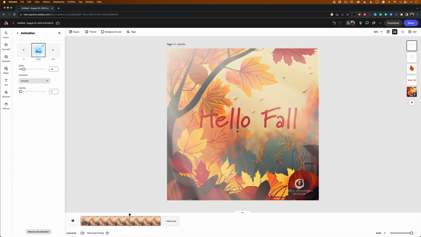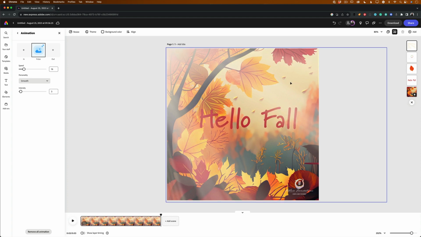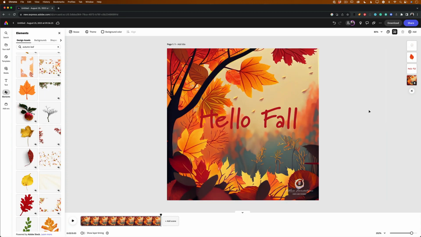If you don't like any assets you added to your image, like I don't like it now, I can delete it at any time. Just be sure that you have selected the asset you would like to delete. Select this asset layer and click the delete key, just like that. And now let's play. Just like that. And again,